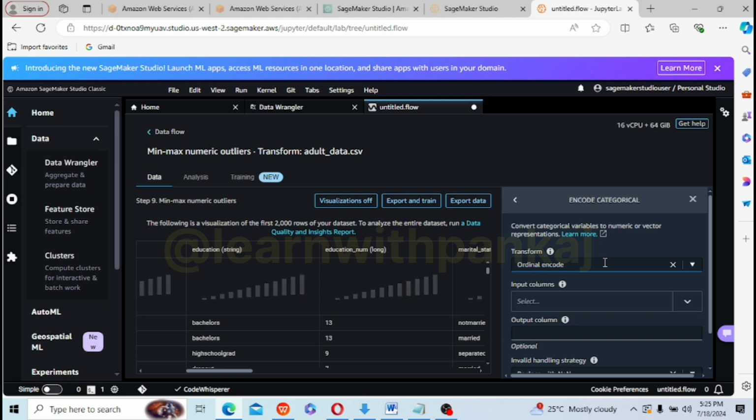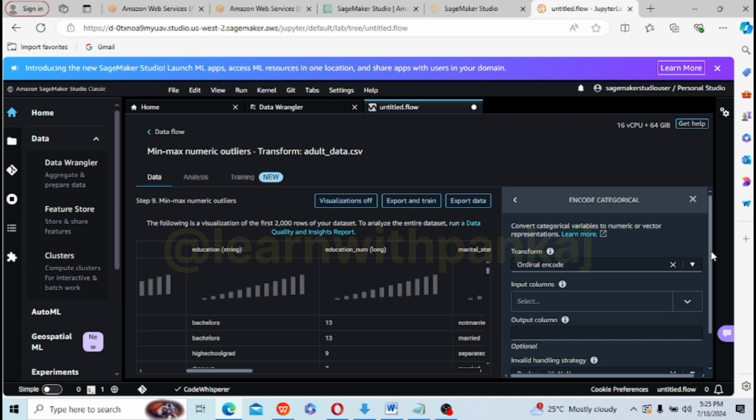The labels are transformed to integer values based on their ordinal relationship to each other. I will give more details about this in the description as well, so you can go through it. What happens is in the education num column, the values range from 9 to 13, right? So we have to make it from 0 to 13, that kind of a sort.